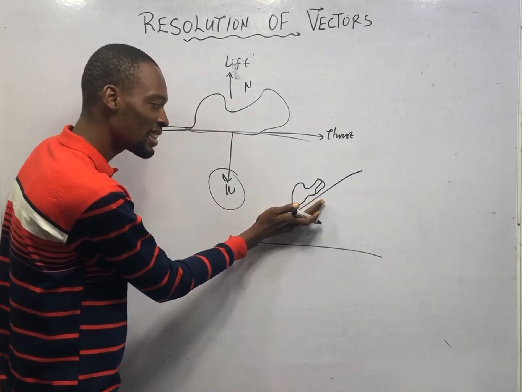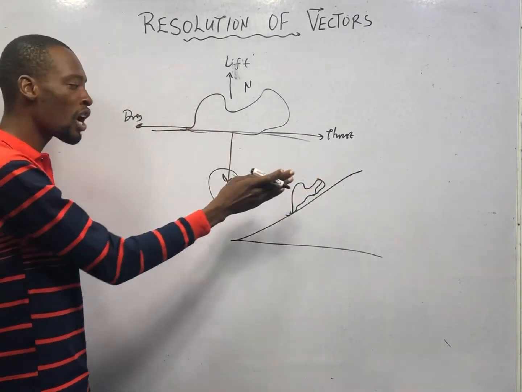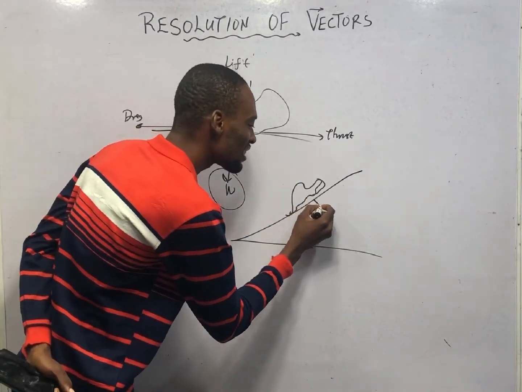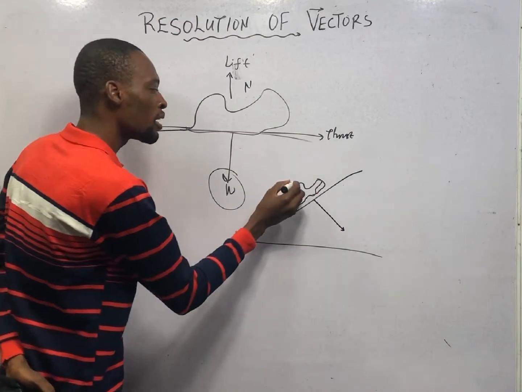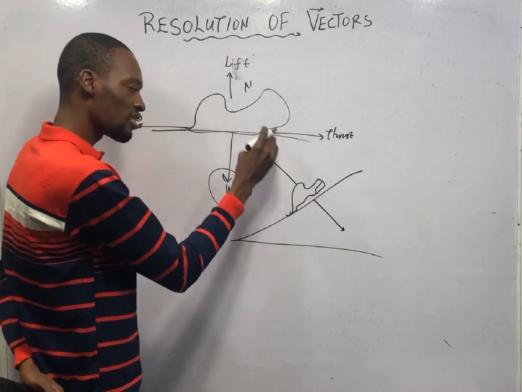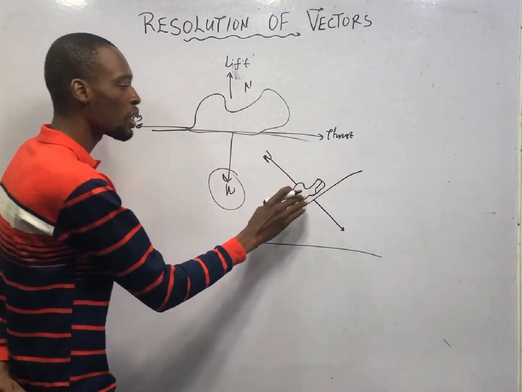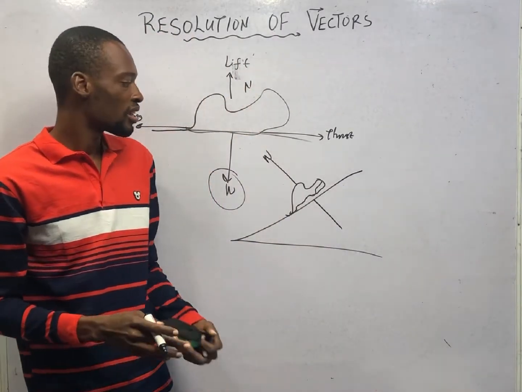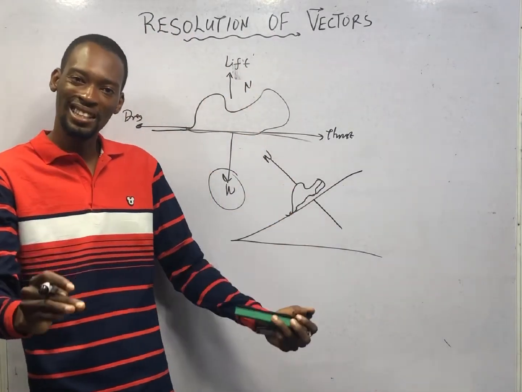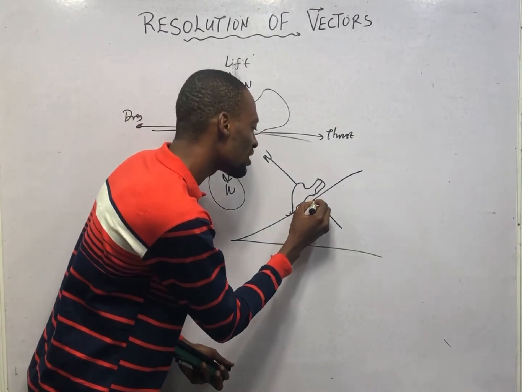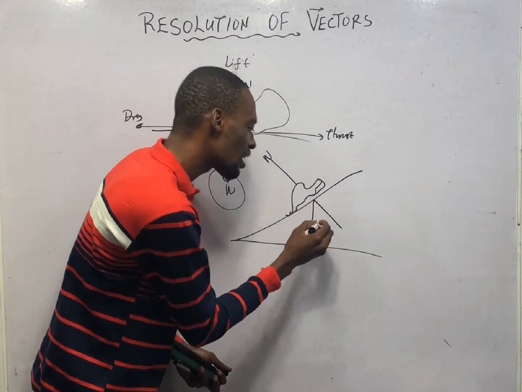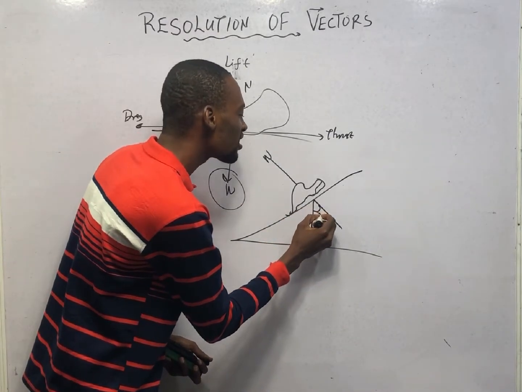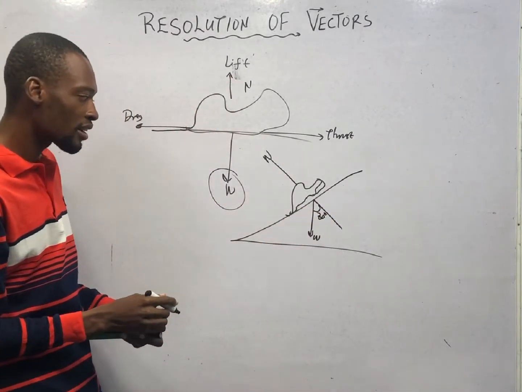Now, in this case, it is inclined. Here becomes our new floor or our new horizontal. Can we still say that the weight is acting straight like this to the horizontal? Because the normal reaction will always act straight to the horizontal. So can we still say the weight is acting here? No, we cannot. Since weight of bodies always acts downwards, weight must act like this, at an angle. So if we are given this angle to be, let's use our 30 degrees,